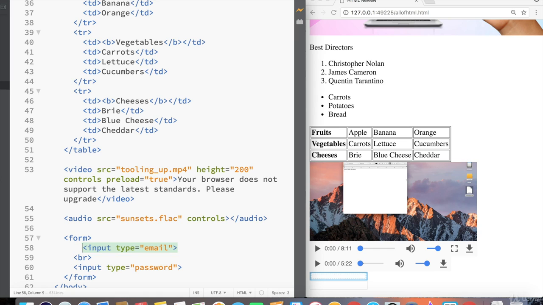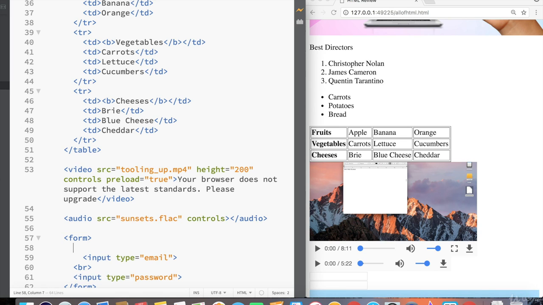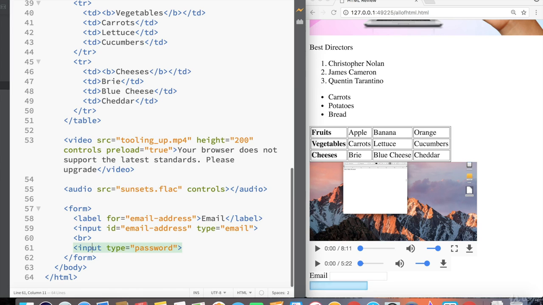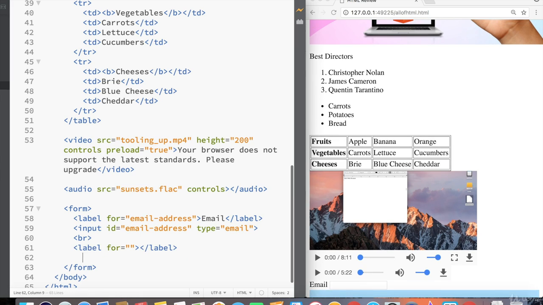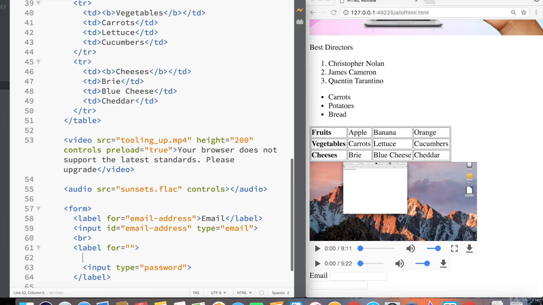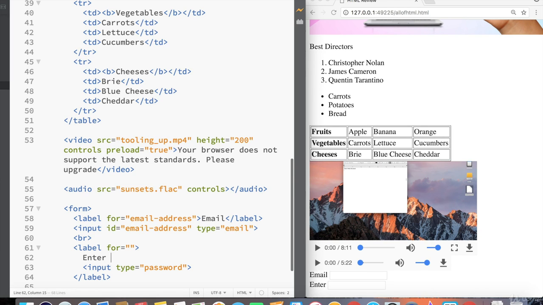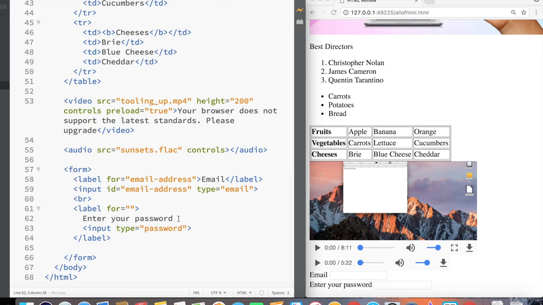And in order to make these inputs a little bit more accessible for assistive technology users, we can add a label tag, and we can either give this input an ID of email address and then refer to the email address as an ID for this label, or we can just enclose the input inside of a label tag, and then the label will automatically be detected as being assigned to this input. And again, this is so that assistive technology users can have read aloud functions for screen readers that will function